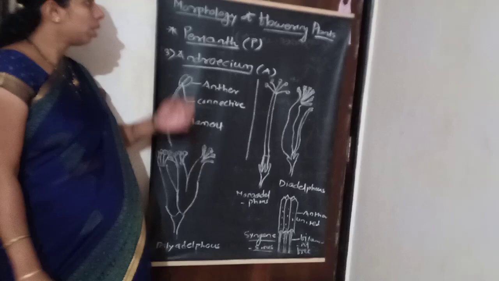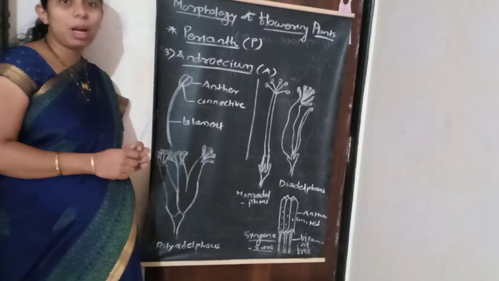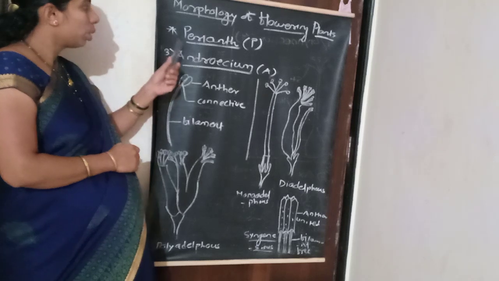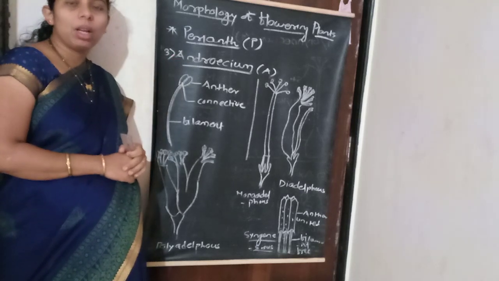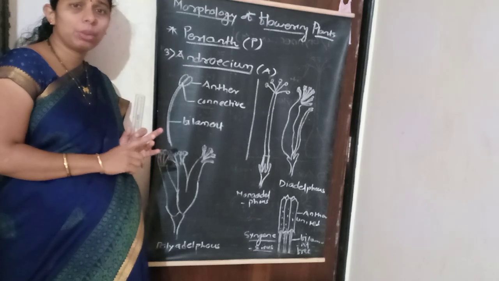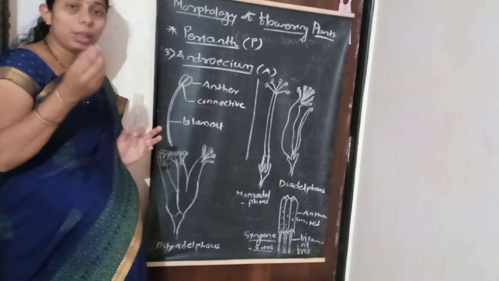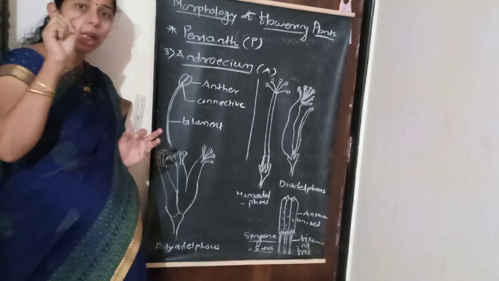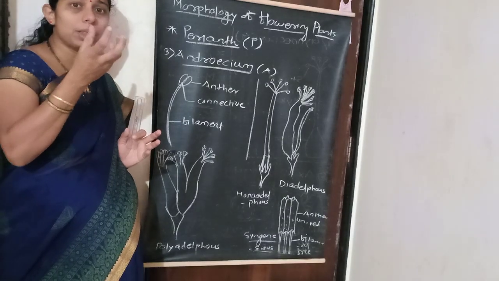Good morning students. So today we study the remaining part of the morphology of flowering plants. So here, next term: perianth. Perianth means when the sepals and petals are undifferentiated. Sepals means green color. Yesterday I showed you the sepals, green color, and petals means these are the